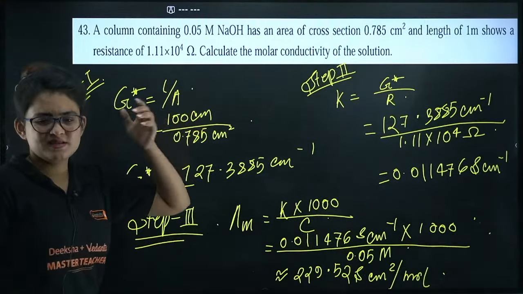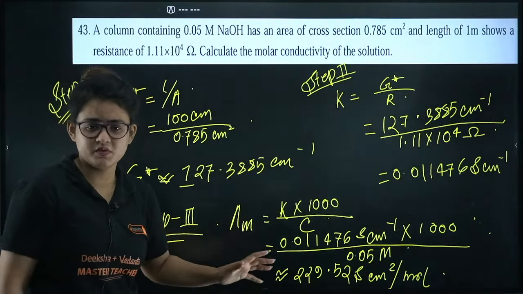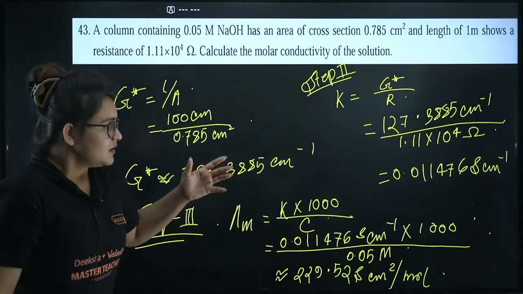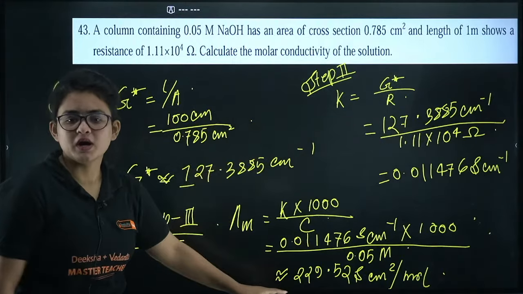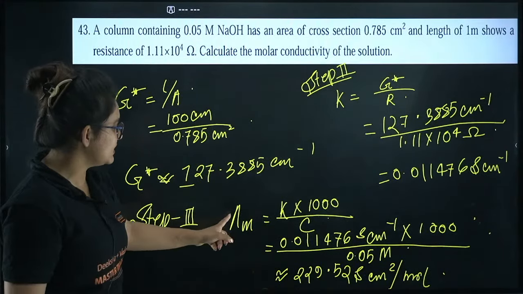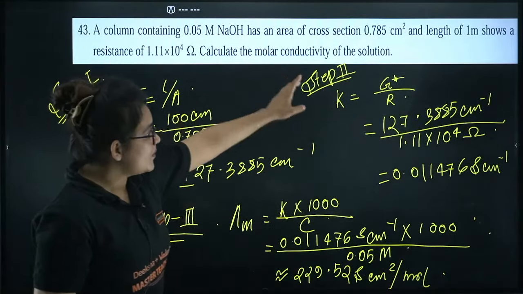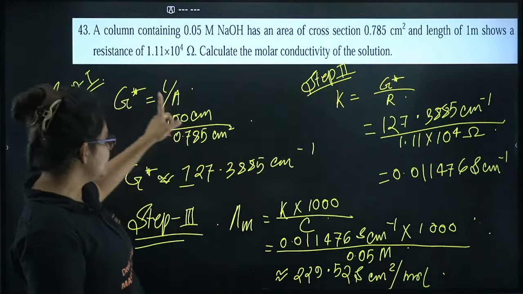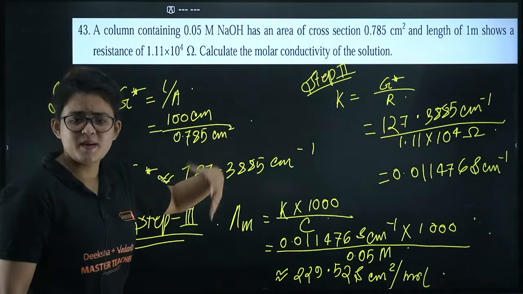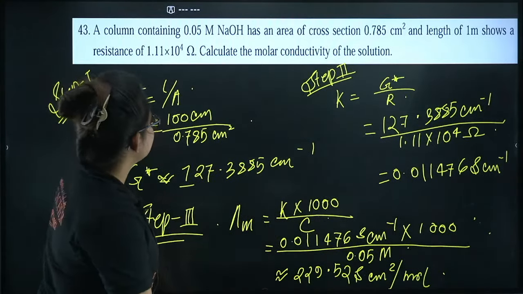First you calculate. See, sometimes we don't get what are the steps to be followed for this type of problems. So just write down what information is given to you and where you have to come. They are asking for the molar conductivity. For molar conductivity I need kappa, right? For kappa I need G star and R, right? So let's calculate G star. Like that, back calculation sometimes works. Okay, so I guess it's clear to you.